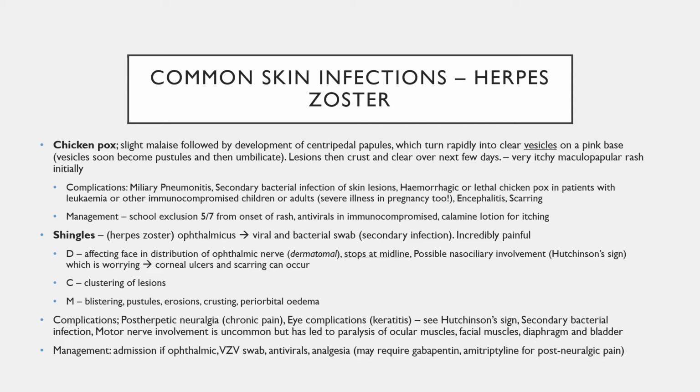The management, which will be the classic question that comes up in these MCQs, is usually how long they have to be off school. They have to be off school for 5 days from the onset of rash. Usually, you don't need to use any antivirals, but if they are immunocompromised and at risk of having these complications, then it is important to use that. You can give babies and kids calamine lotion to help with the itching. Shingles